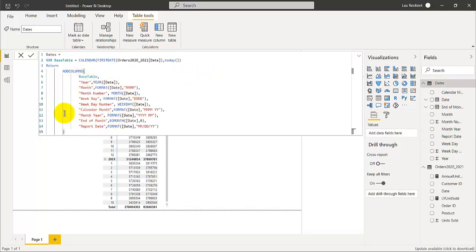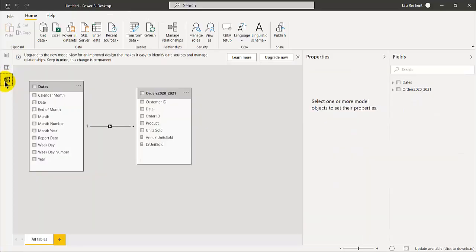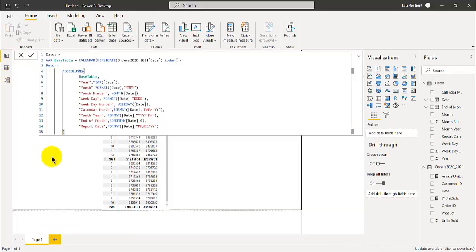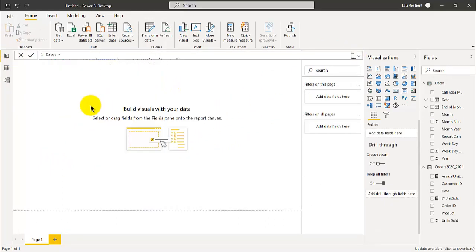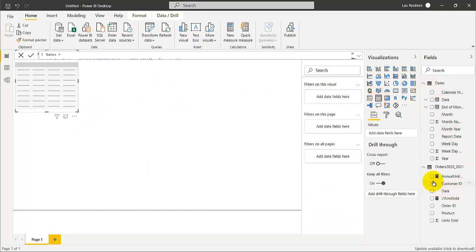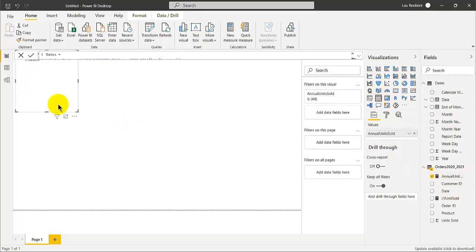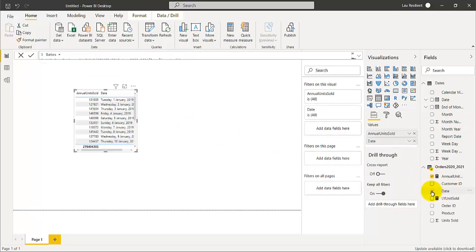So you have a lot of dates right here. Once I created the dates table, I come over here to modeling and drag the date into the date in the orders table, so it's now linking. Once I've done that, I can start pulling the data. So I start one more time: I create a table, and then I have the annual unit. Now if I use the date function here,